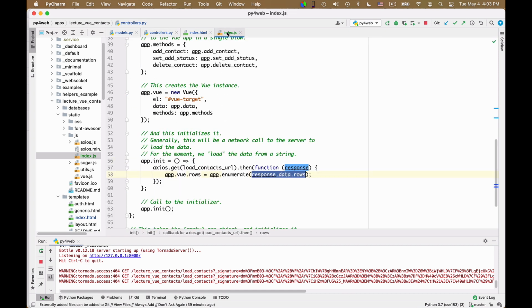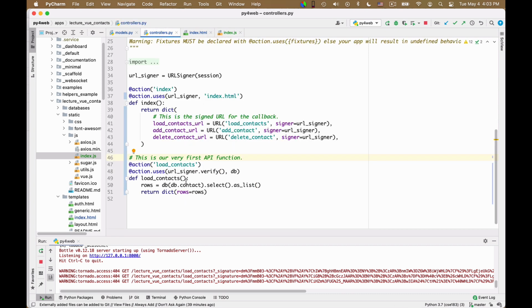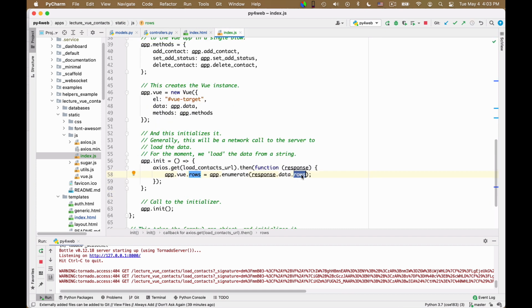We can access it via this response.data, which contains the data that is passed back, .rows. You see, these rows here correspond exactly to these rows here. We are returning a dictionary, and the dictionary is now accessible inside the JavaScript in this way.